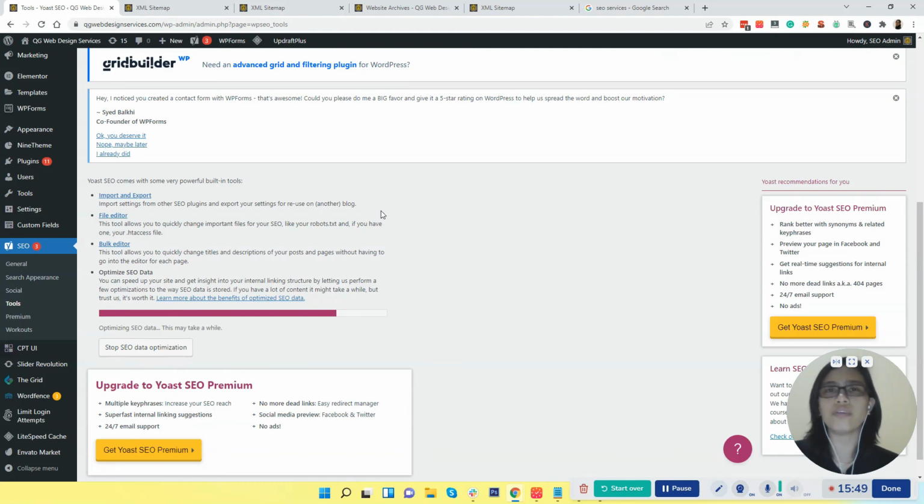There's a lot of other things that you can do with the robots.txt file, but that's the simplest way to use it.